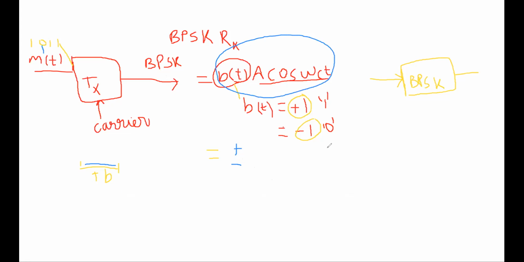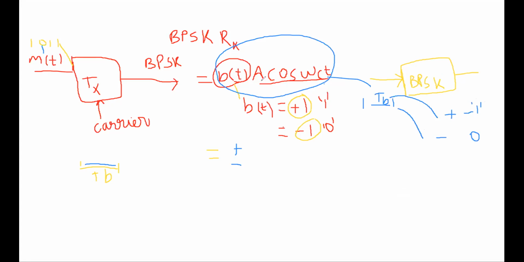Now what the BPSK receiver has to do is only observe this BPSK signal for a given bit interval TB. By observing this signal, it has to observe only whether the signal is positive. If it is positive in this bit interval TB, it will give the decision in favor of logic 1. If it observes that the signal is negative, then it will give the decision in favor of logic 0. So simple as that. It has to only detect the polarity of this input signal.